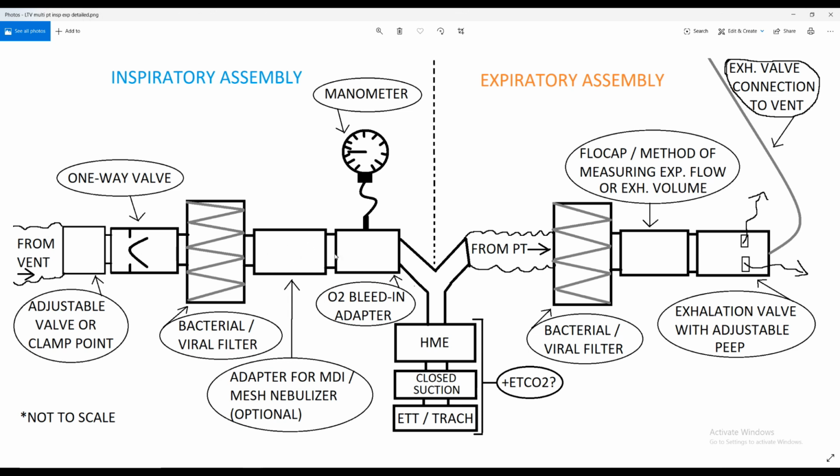aerosol if we have to, and here we go, this wonderful little O2 bleed-in adapter that's connected to a manometer. We could adjust our valve or adjust our clamp point here to the desired pressure that we actually want the patient to get. And then when they exhale, so we already took care of humidification, we got closed suction, maybe